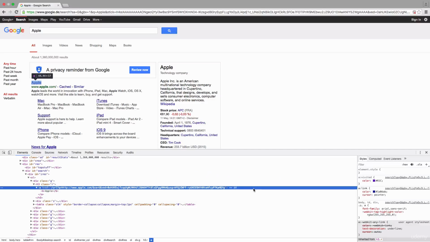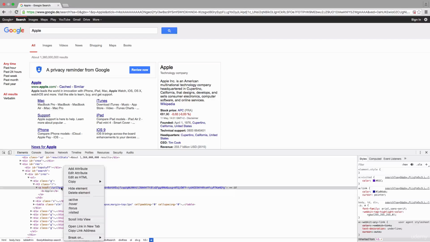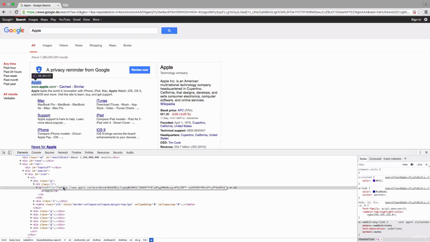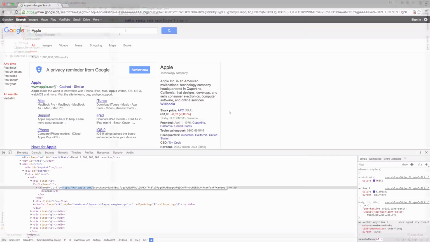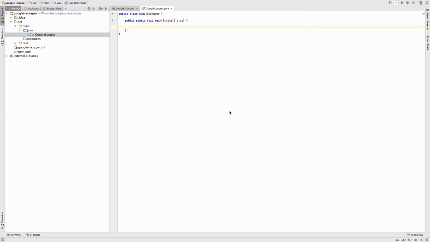One very important point to note here is that the URL contained in the href of the a tag is not exactly what we are looking for. We would just like to have this part, the HTTP, and maybe I can edit this to show it a little bit more clearly. This one. We would just like to get this one. It's exactly what we can see up here. So now we are ready for the third step,